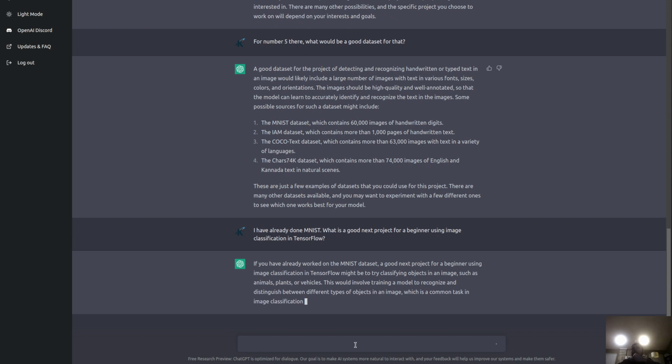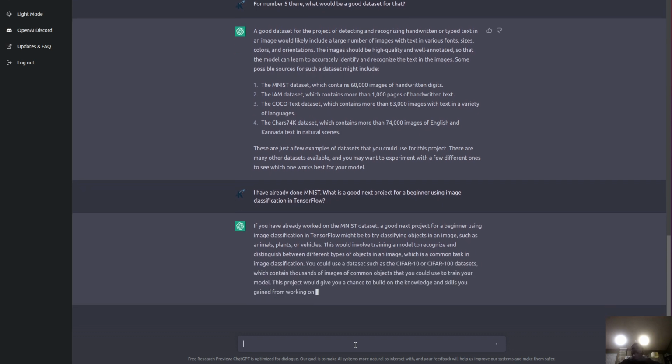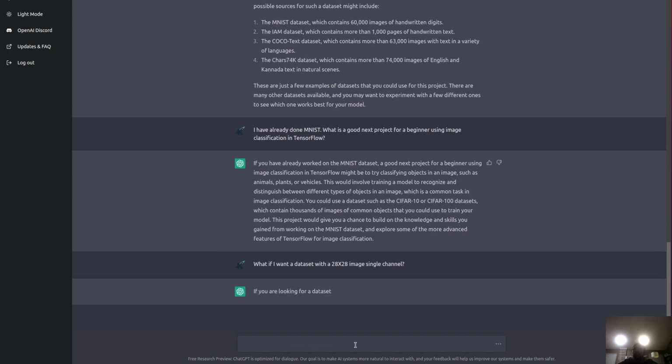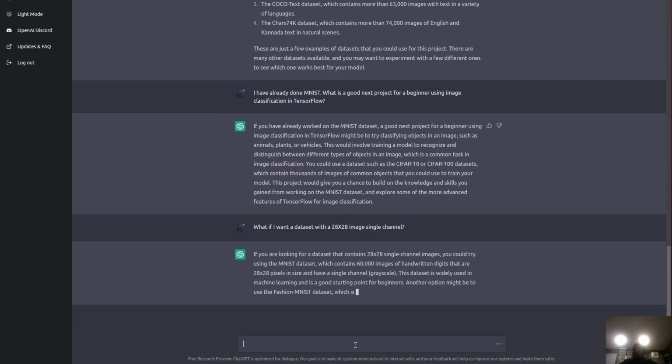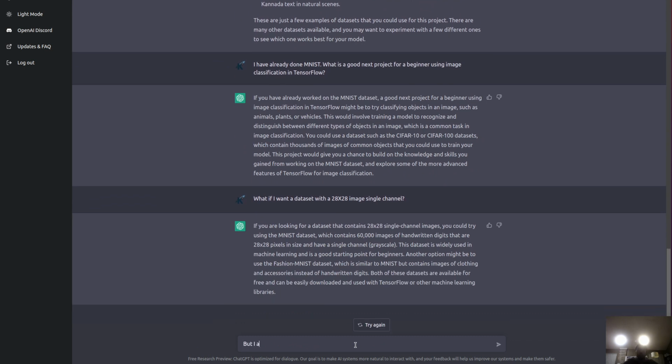So last time what I did is I asked it and it quickly suggested Fashion-MNIST. What if I want a data set with a 28 by 28 image, single channel? 28 single channel, MNIST, grayscale MNIST, but I already did MNIST.